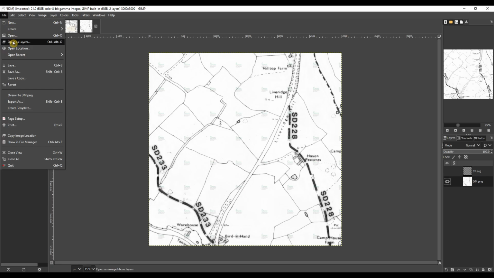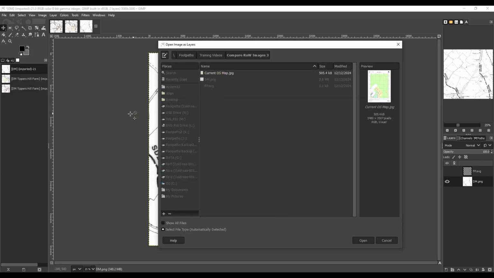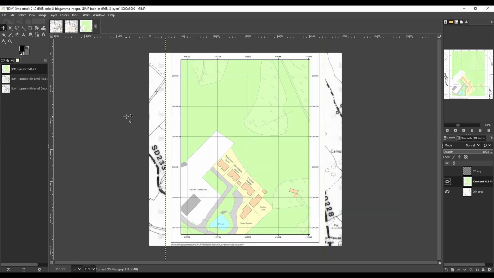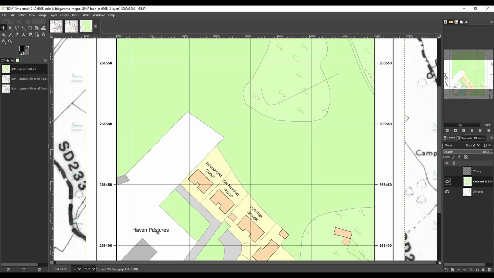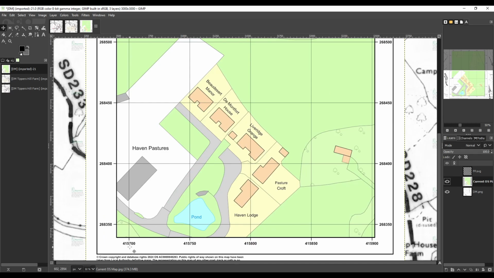So let's pull in now the OS map, and the first thing we can see about this is that this is a much larger scale than the underlying definitive map. I'm going to zoom in a little bit here and go down to the bottom. And across the bottom here you can see these numbers. So that's 415,700. So that means that this line here is 700 meters from the left-hand edge of this national